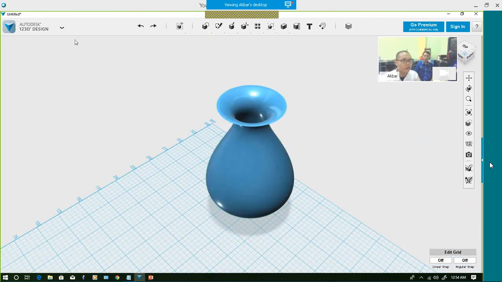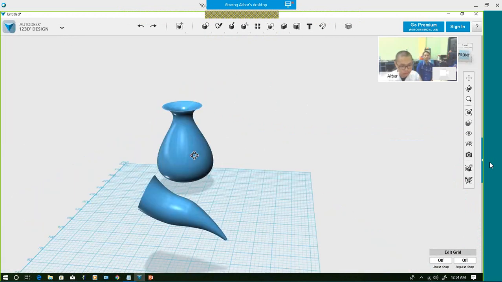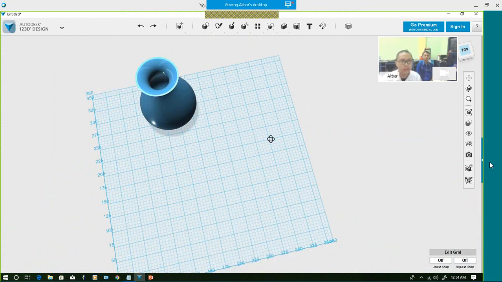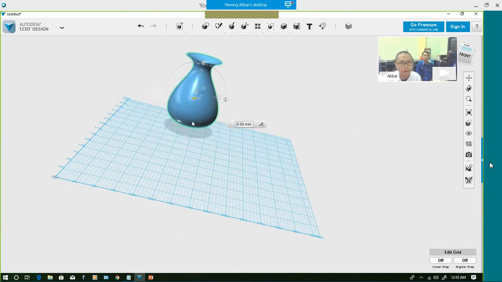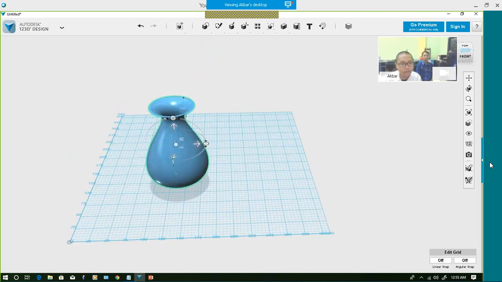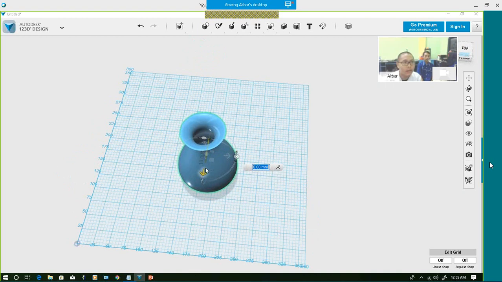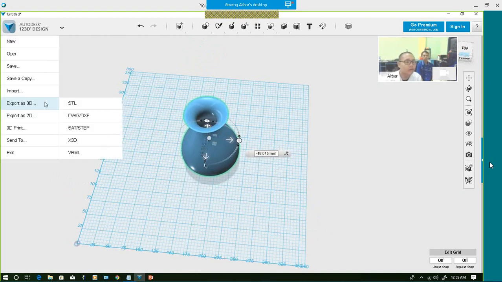Fine. Now I'm gonna show you how to export this object. Let me delete this one object right here. Delete. Move this out to the center of the object like this, and I'm gonna export this object into 3D